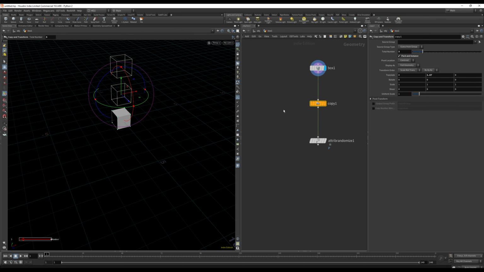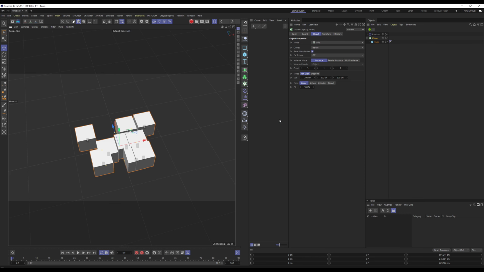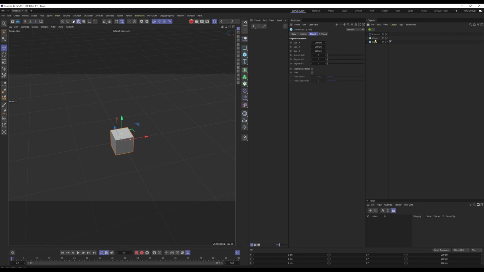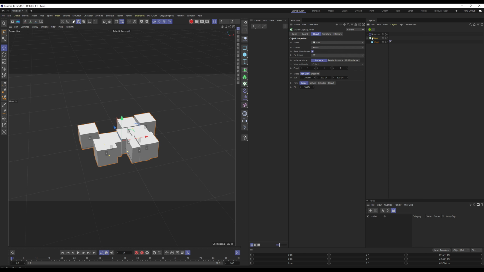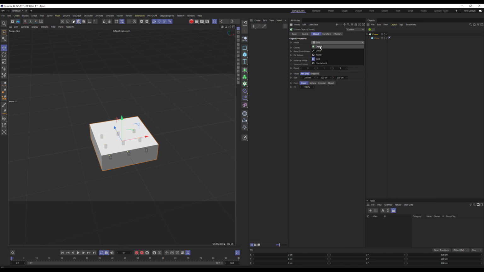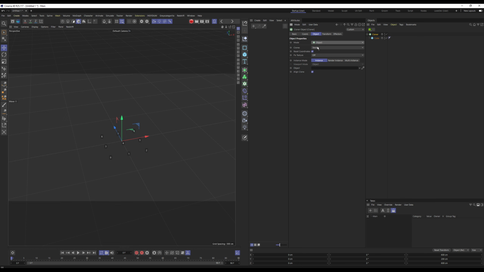So how can we do this without the MOPs? Let's go back to Cinema here. If I want to do a grid, I just come here and do a grid. But if this mode was not here, another way to do this is, I'm going to keep this cloner here, delete this random, I don't need it now, and instead of putting this to grid, I'm going to leave it there on object. And now I want to create